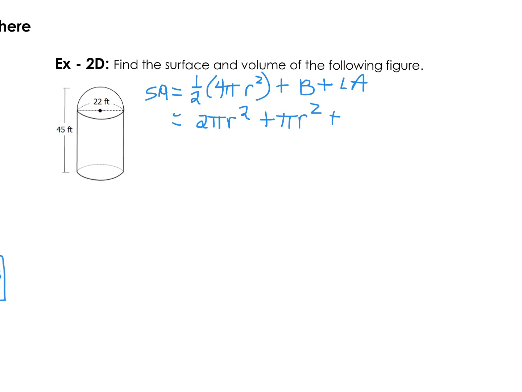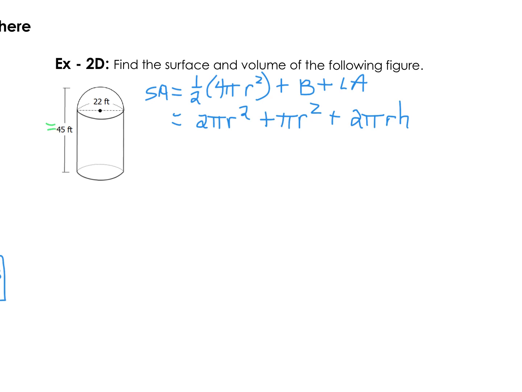And then your LA is pi, 2 pi RH. Now you could combine these two and make it 3 pi r squared because they both have a pi r squared, but I'm going to put them in there separately. All right, we know that